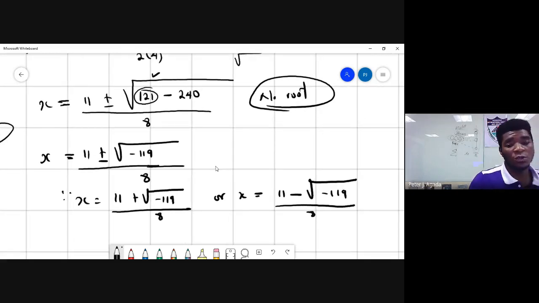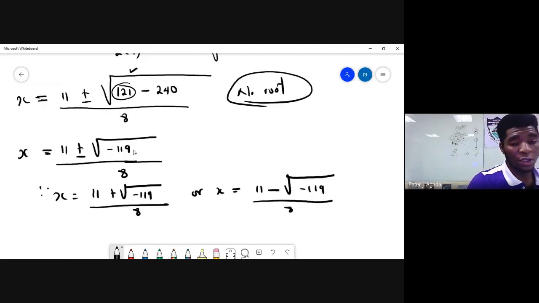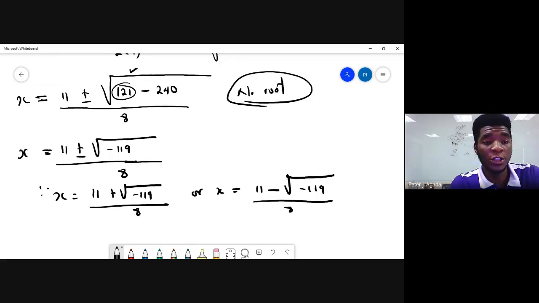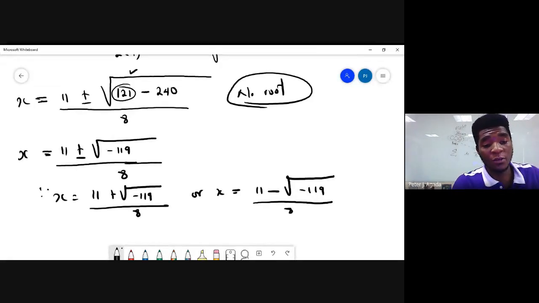But basically, the question wants us to reduce the fractional equation to a quadratic equation. So if you've gotten to that stage, that is okay already. We just went a step further in trying to verify what the roots of the equation will be.